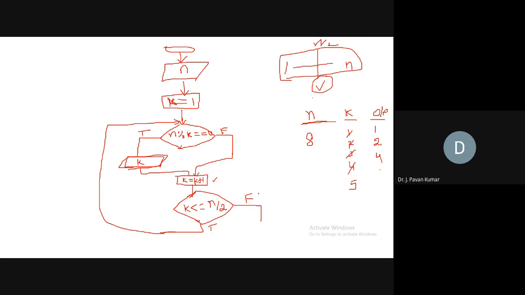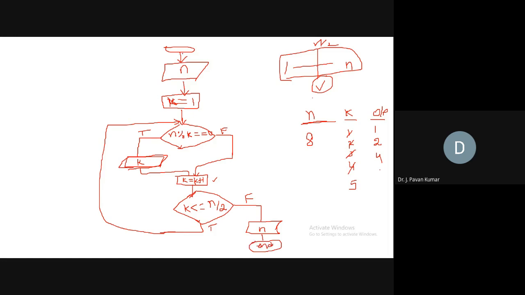But to determine that 8 is a factor of itself, we need not compute anything. We need not check anything. Whatever number you take, that itself will be one of the factors of itself. So 8 we can display straight away. So after n by 2, it will become false, and here we can display n itself. Why? Because n is a factor of itself, then we can stop. Stop in the sense end, that is the rounded rectangle.